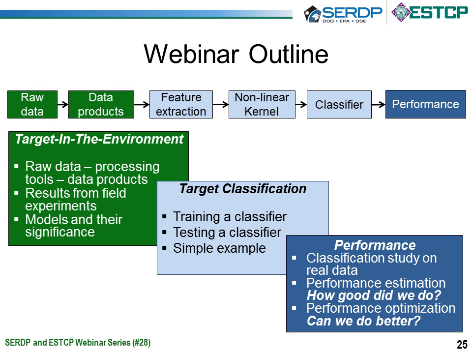Then I'm going to follow that with the classification side of things and the performance side of things. And I'll take you through a simple example so that you at least have a general picture of what goes on behind the scenes, and then show you some results and where we step back and ask ourselves, how good did we do, and can we do better armed with just a little bit of physics.